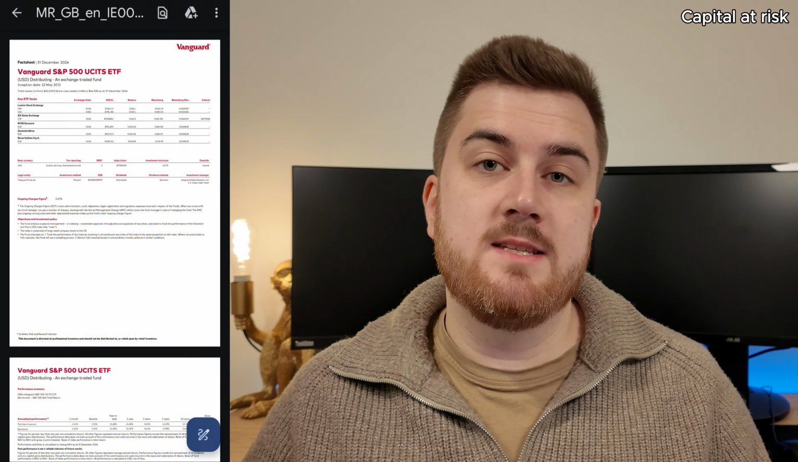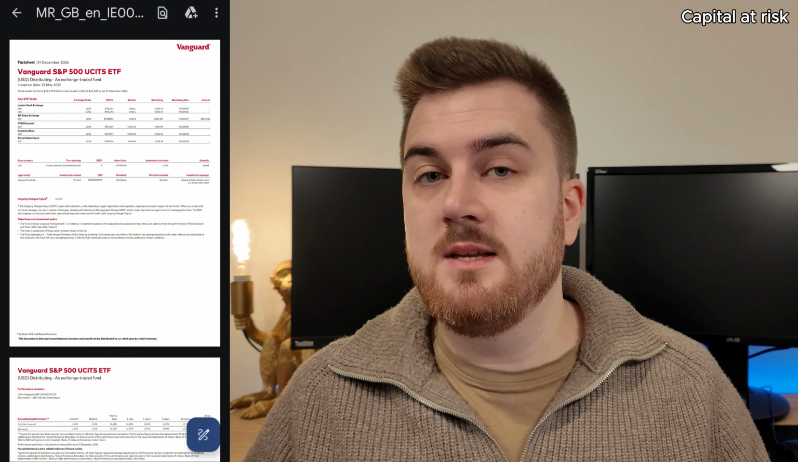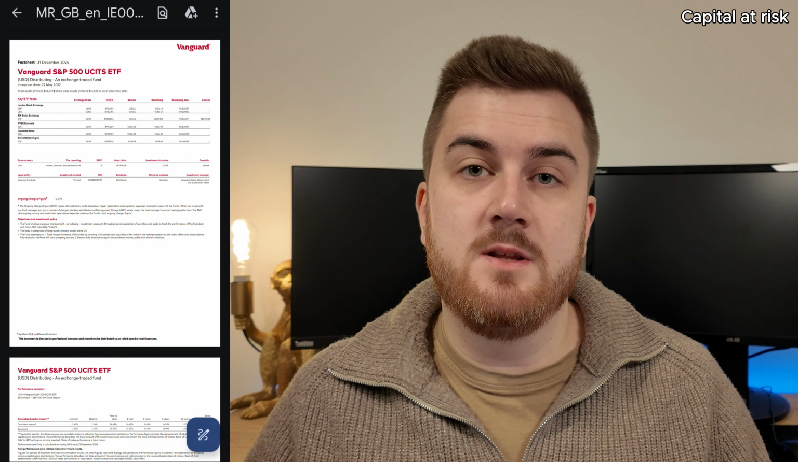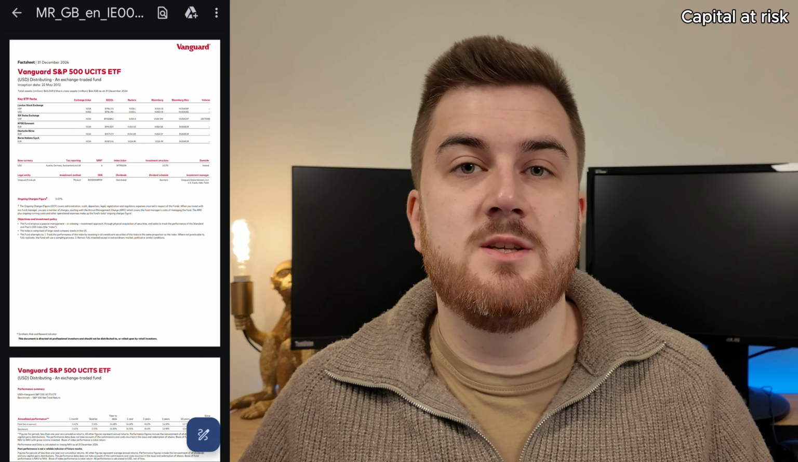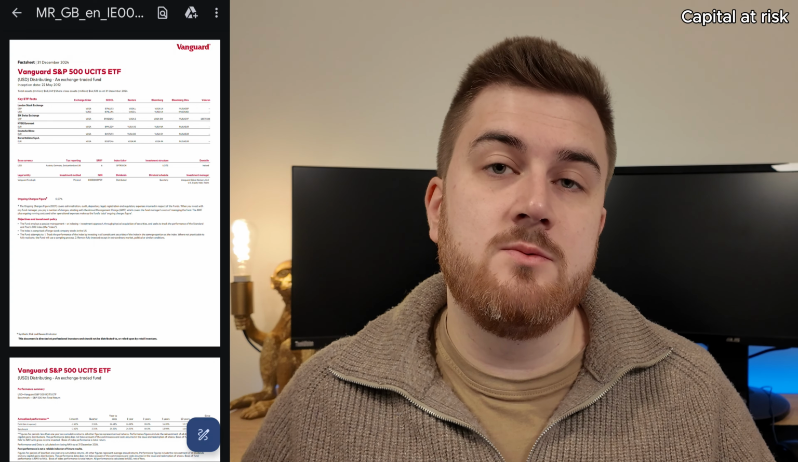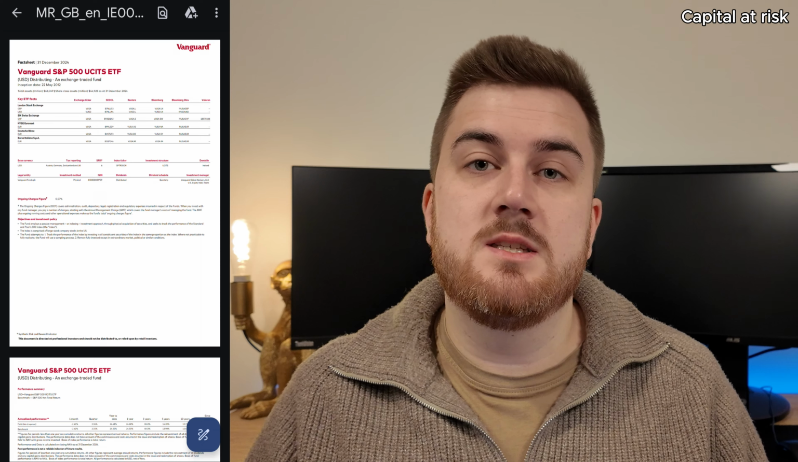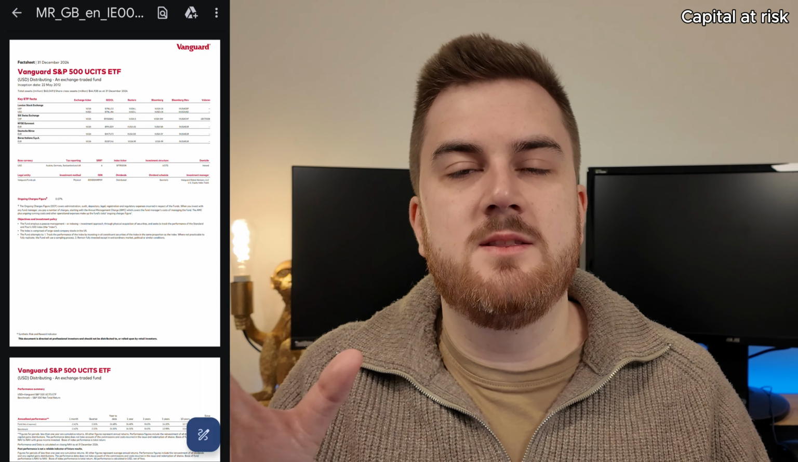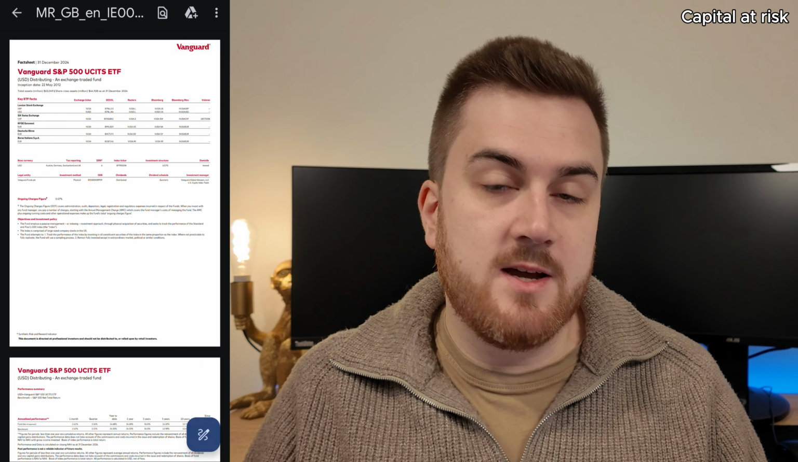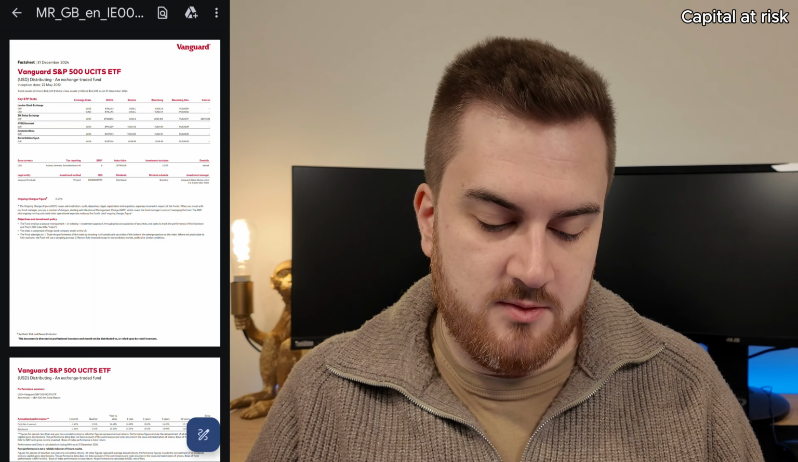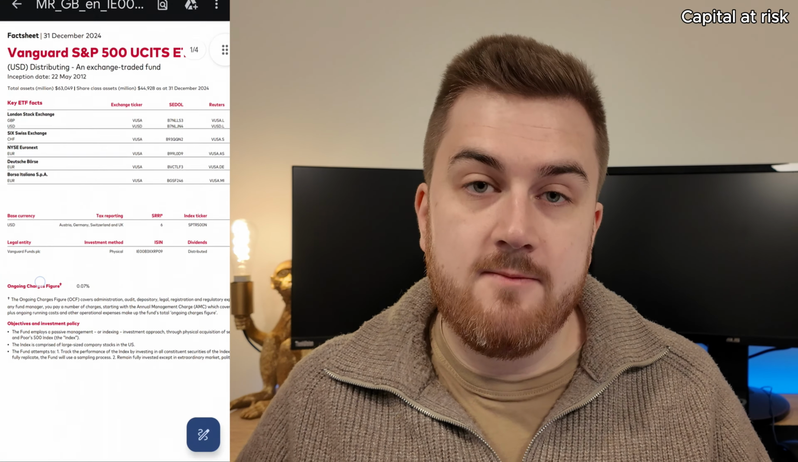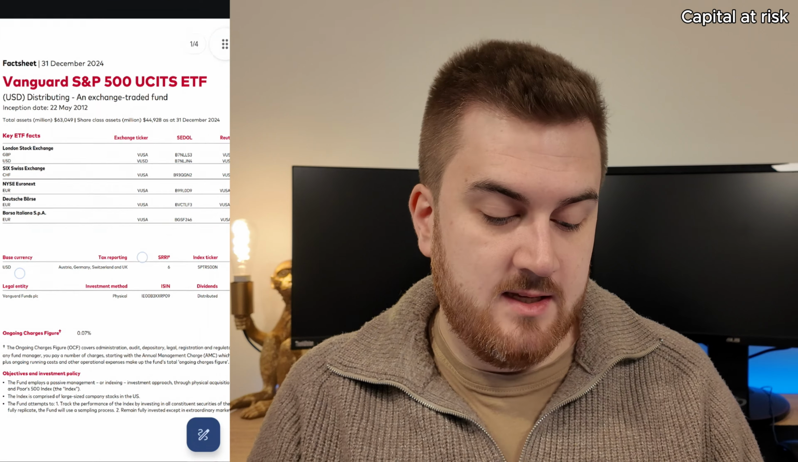Unlike the key investor information document, for the fact sheet there isn't a set layout that fund providers have to follow. So fact sheets from Vanguard, iShares, WisdomTree, etc., will all look different. Whereas the key investor information document, because that's a regulatory requirement, has a standard layout and they all look very similar. So with fact sheets, you have to do your own looking around because things will be in different places. How Vanguard have laid out theirs is we've got the listings at the top,